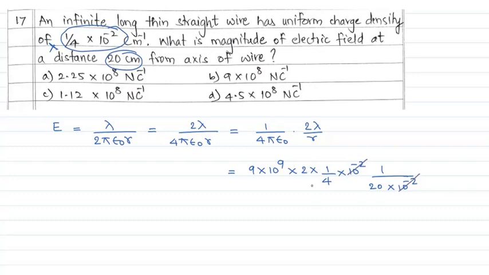So this gets cancelled. So 2, 10. So you will have 9 by 4. If I cancel this 10, 10 raised to 9 will become 10 raised to 8. So 9 by 4 is 2.25, into 10 raised to 8 Newton per coulomb. So check the options. 2.25 into 10 raised to 8, so option A is our answer. Clear, friends? Next,